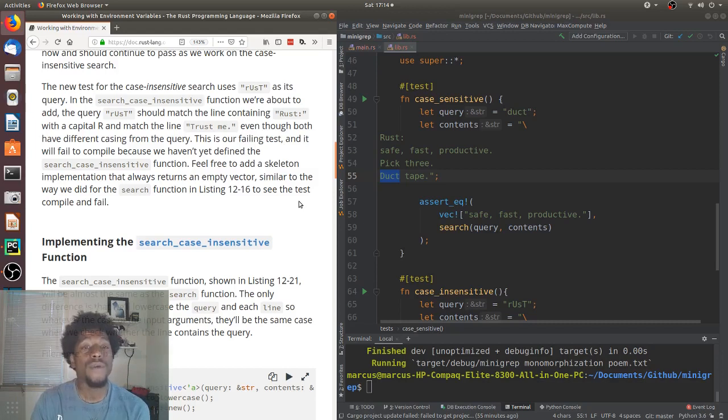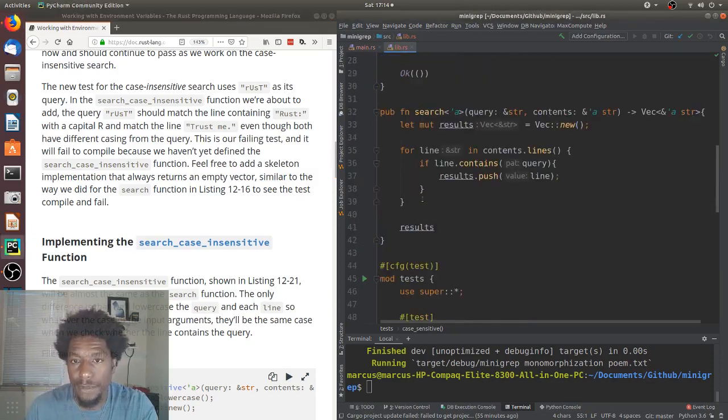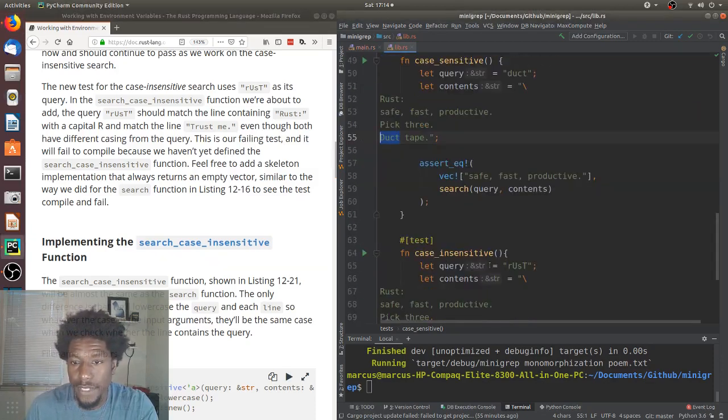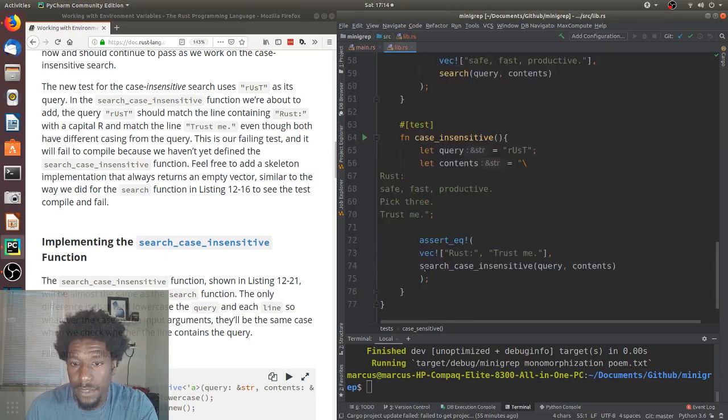function. Feel free to add a skeleton implementation that always returns an empty vector, similar to the way we did for the search function in listing 12-16 to see the test compile and fail. And yeah, let's do that. That's definitely something we should do. So the function name is, here we go,